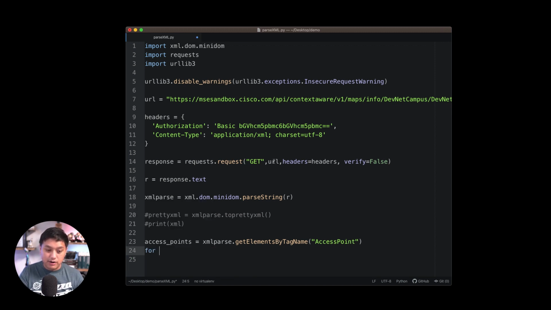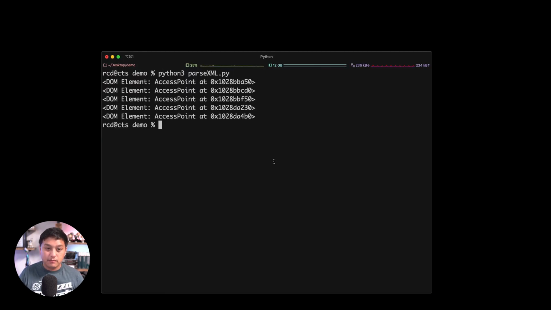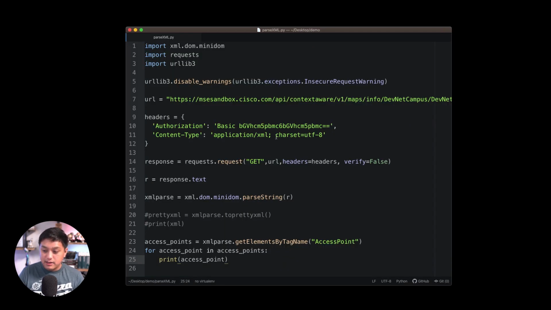So let's create a for loop. I'm going to say for access point in access points. We want, let's just print access point. Should that give us the name? I don't know if it will yet. Let's see. It's just printing it out one by one, but we want the